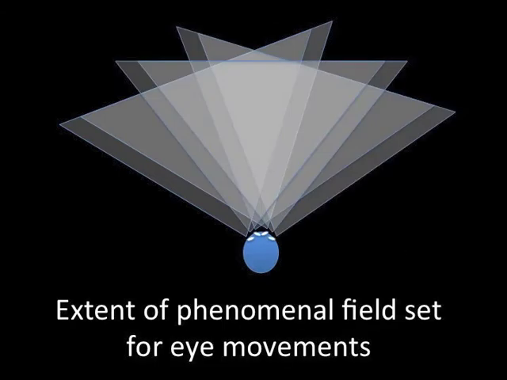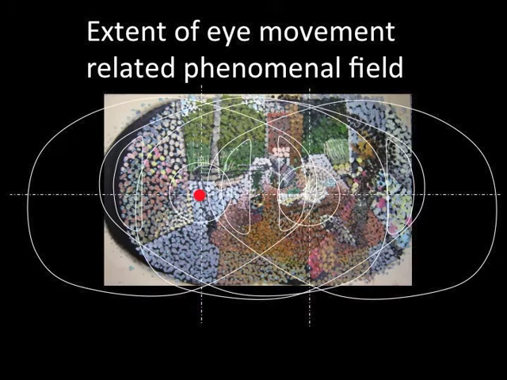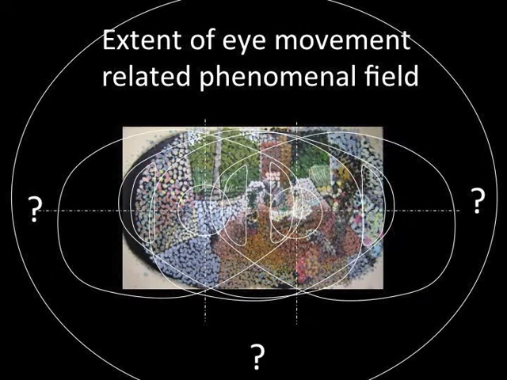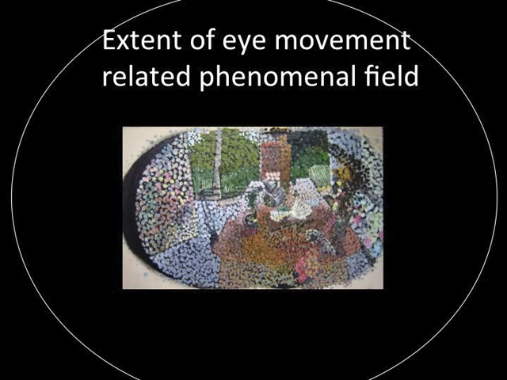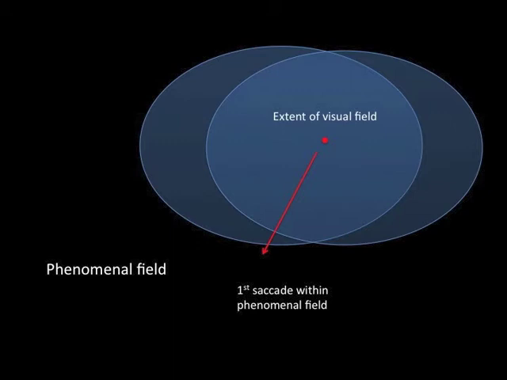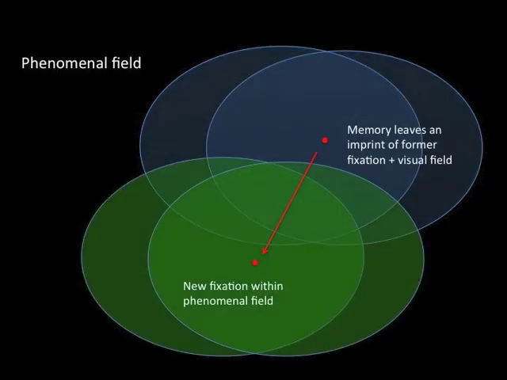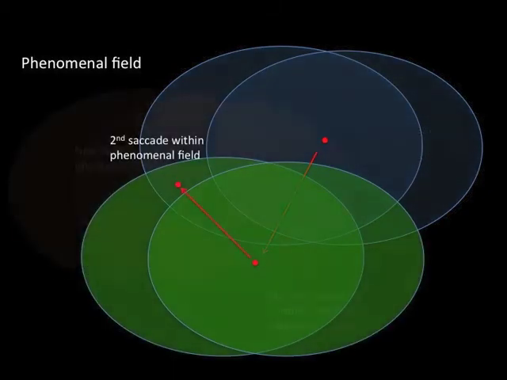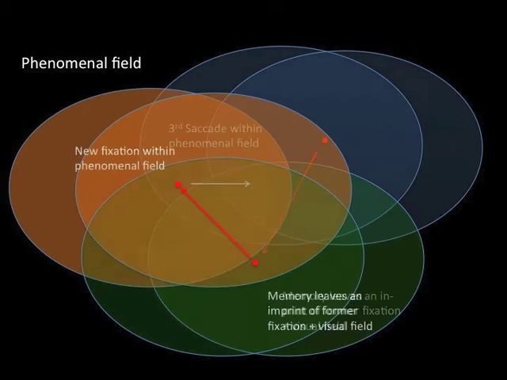Phenomenal field develops in relation to visual field and the eye, head and torso related movements that parameterize it. Starting with eye movements, we can easily understand the degrees of freedom. We implicitly understand these parameters, seeing one fixation and the spatial relationships in the scene in relation to what occurred previously. They take place within a broader context.